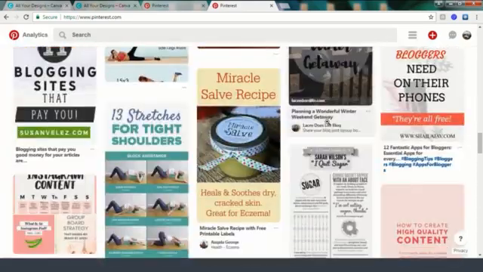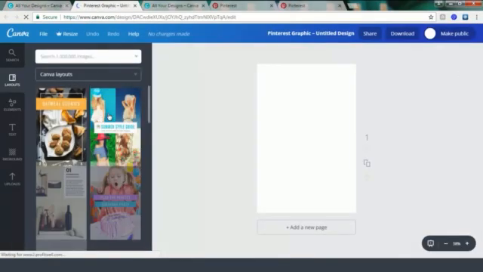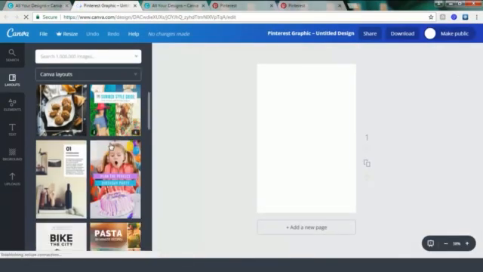So now let's go back to Canva. And you can see here, Canva also has a template for Pinterest graphic. And if you see here, the size is 735 pixels by 1102 pixels. However, we will not be using that size, and I will show you why in a minute. So now, let's just click on this Pinterest graphic template. There are many different templates here, but let's just choose one. So here's an example of our Pinterest graphic template, and I will show you why it's not advisable to use